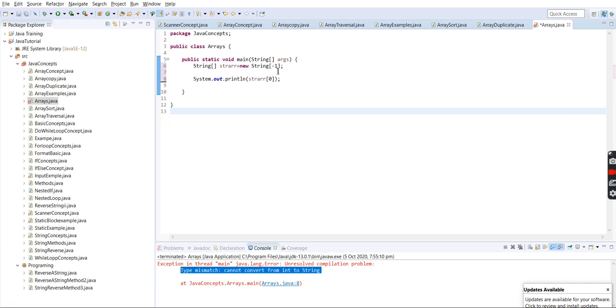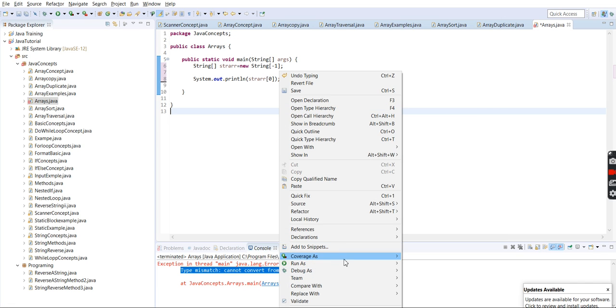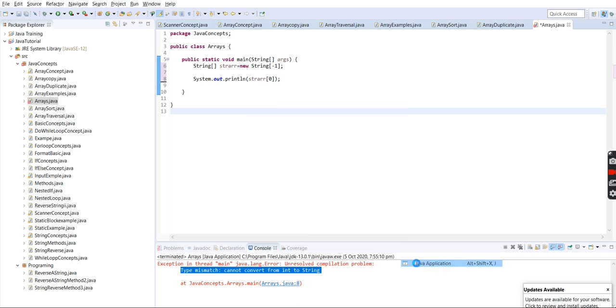Here we have given the size as -1 and try to print the 0 value.